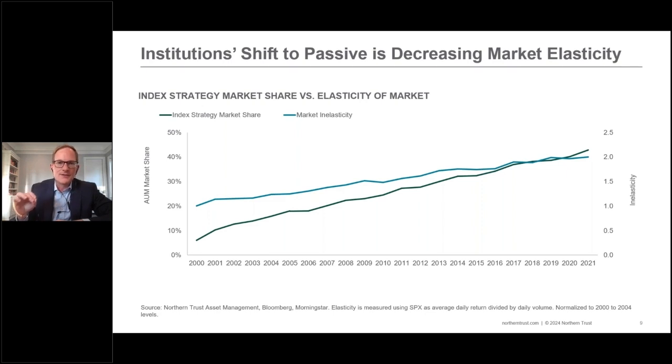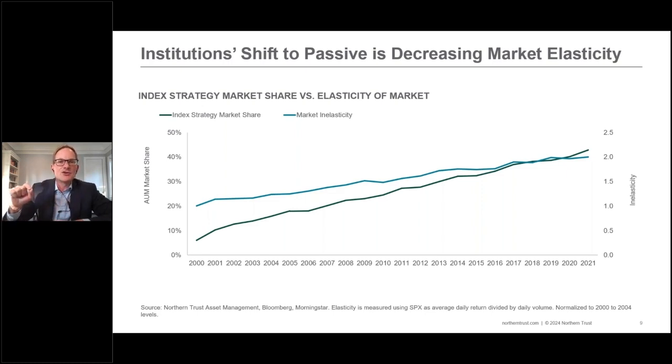Well, if institutional investors are not participating in price discovery, who is? Well, it tends to be more retail investors. More retail investors tend to have more animal spirits. They tend to have more emotion. As a result, they tend to move the market more for a smaller dollar value of flow. We call this inelasticity, and that's graphed in the blue line. Unambiguously, equity markets worldwide have become more inelastic over the last couple of decades. So again, a smaller dollar amount of flow has a larger impact on the overall price of the market. That manifests in these higher frequency and severity of volatility shocks.